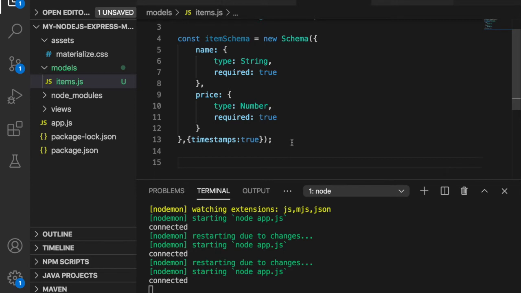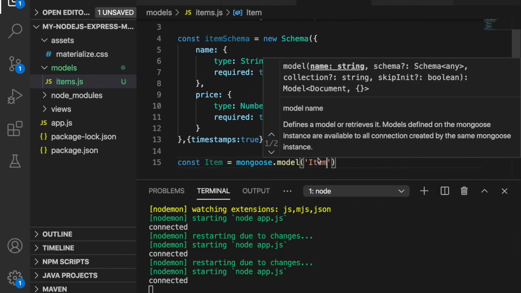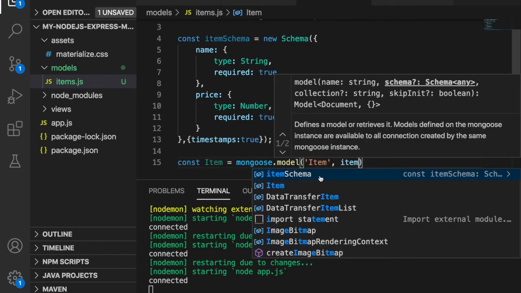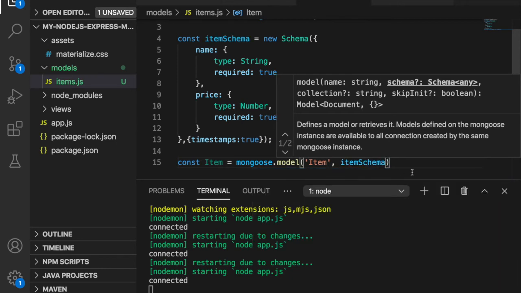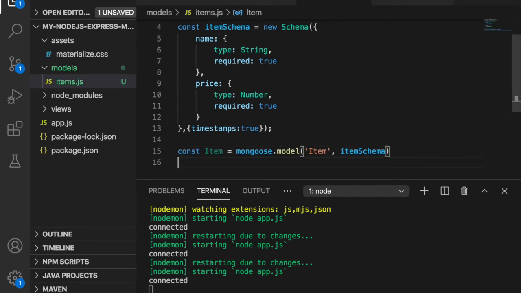And at last, we are going to create a model based on this schema. So we set the constant Item equal to mongoose.model, and then we name it as Item, and then we use the schema of itemSchema. And at last, we will export that so that we can use it elsewhere. So we use